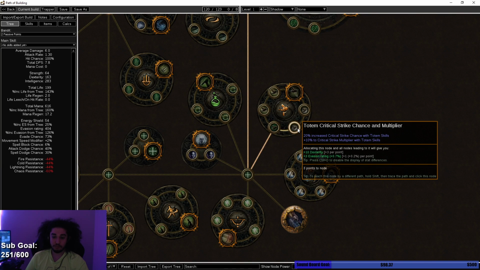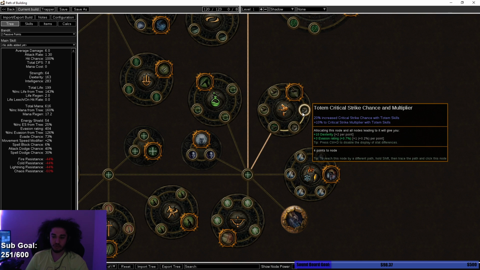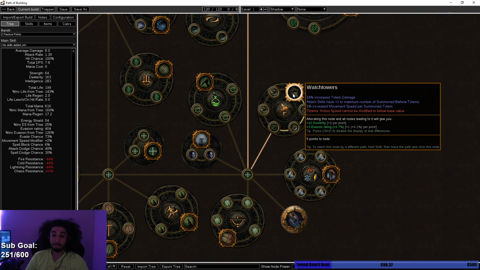Totem damage, totem placement, critical strike chance, critical strike multi, critical strike chance, critical strike multi, movement speed per summoned totem, +1 ballista totem. Totem's action speed cannot be... Oh, that's nuts! That's so good! I wonder how that works for Temporal Chains, because you're affected by Temporal Chains, but would your totem... I don't think totems get affected by the curses, right? Totems don't get affected by curses, but...